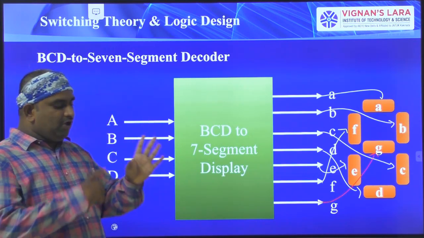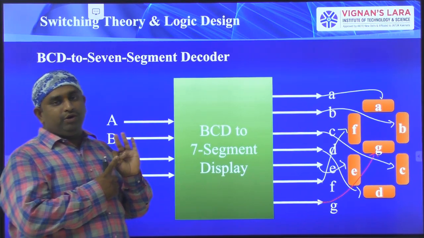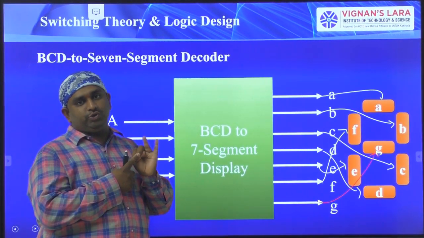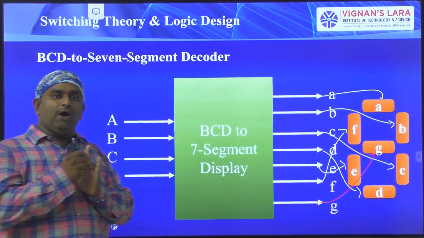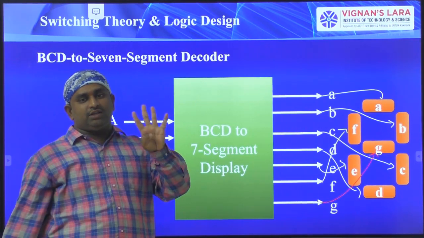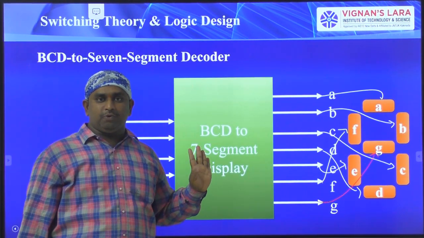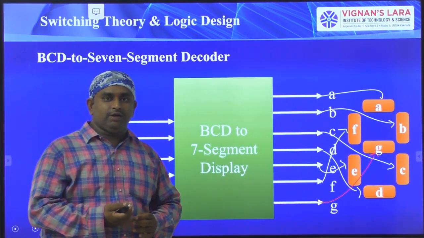The process is the same. First analyze the truth table. Second step, write the Boolean functions. Third step, you have to minimize these functionalities using K-map. After the simplification process, you have to draw the logic diagram. These 4 steps are common for any type of conversion process. Okay, right. Thank you.